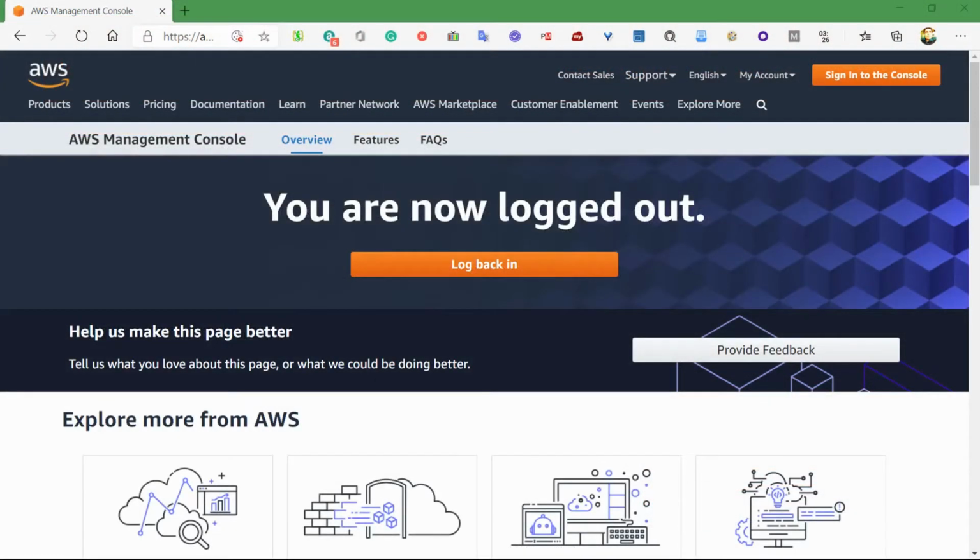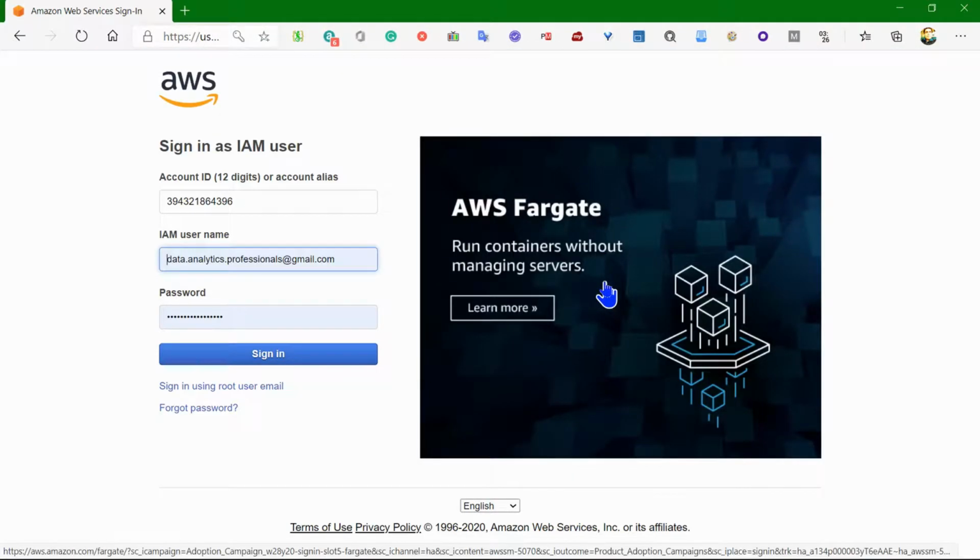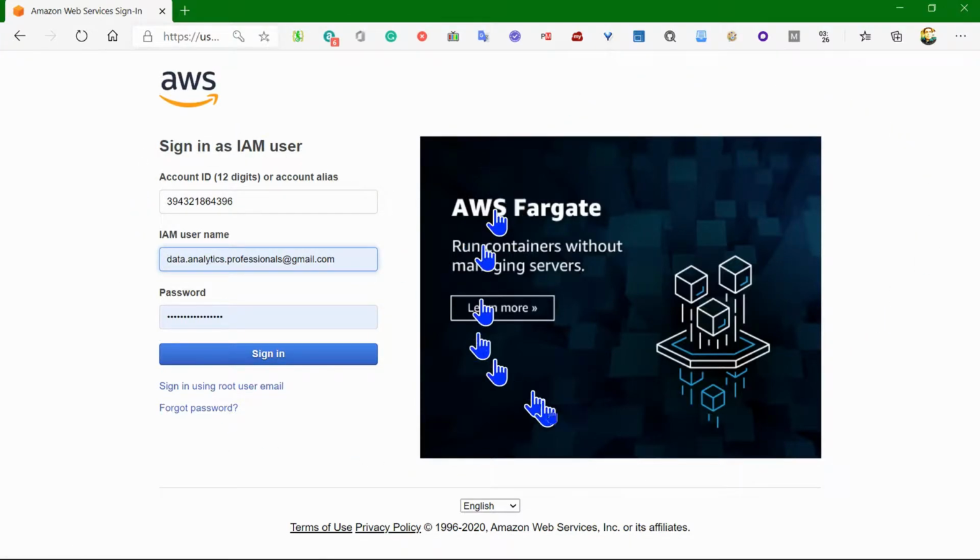So here is the website. If you are on this website by now, then what I suggest is simply go on here and sign into the console. Don't worry if it's not exactly as this. When you are trying to log in, the main thing is that we land on this page. Once we are on this page, don't worry about all this; you might not see all this graphics when you are accessing